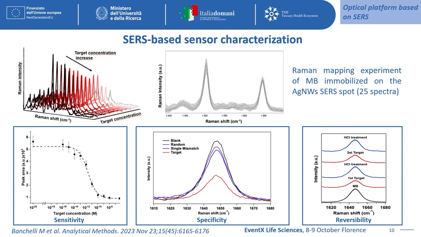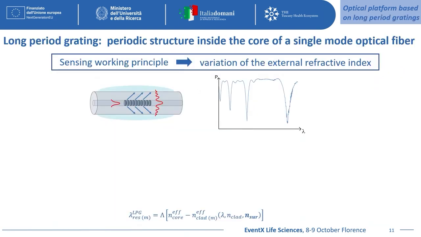And in the last 2 minutes, the second photonic platform that we are developing is based on the use of a long period grating structure, where you have a modulation of the refractive index inside the fiber, which gives you the possibility to launch a signal and to have a modification of your signal, which is transmitted through the fiber. And in this case, long period gratings means long because the pitch of this structure is quite long, in order that